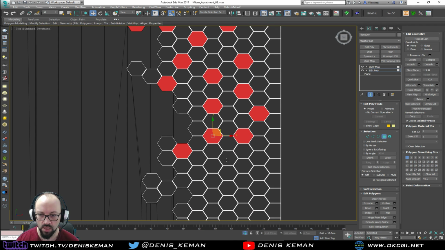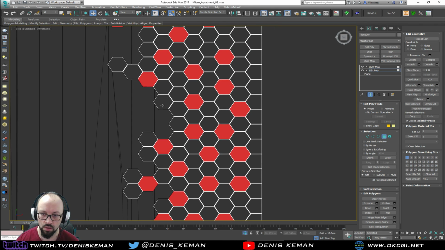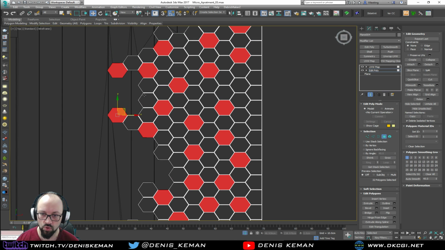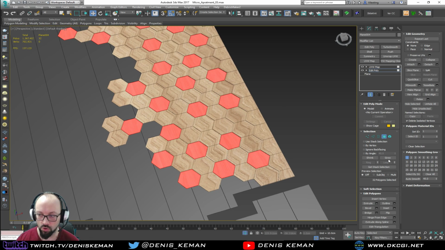Just make sure that they are not touching each other, because if they are touching each other, it will be a problem with the texture. Basically it's going to look like it's continuous, and that will break the illusion. So just select some random ones like this one. Now grow it once,